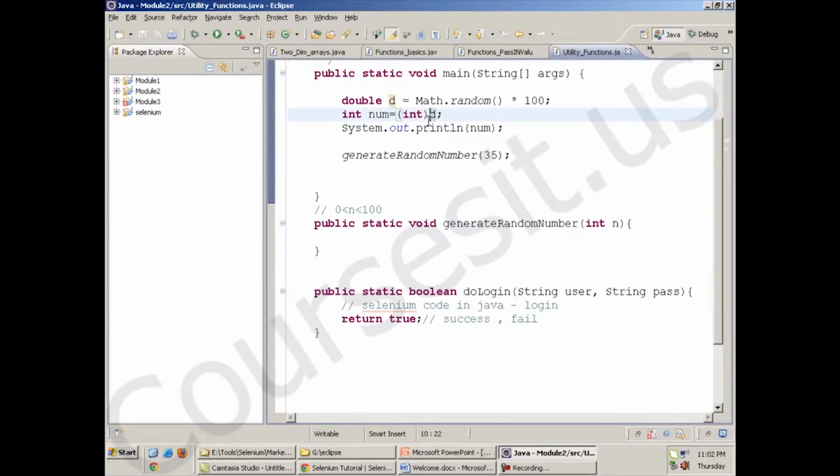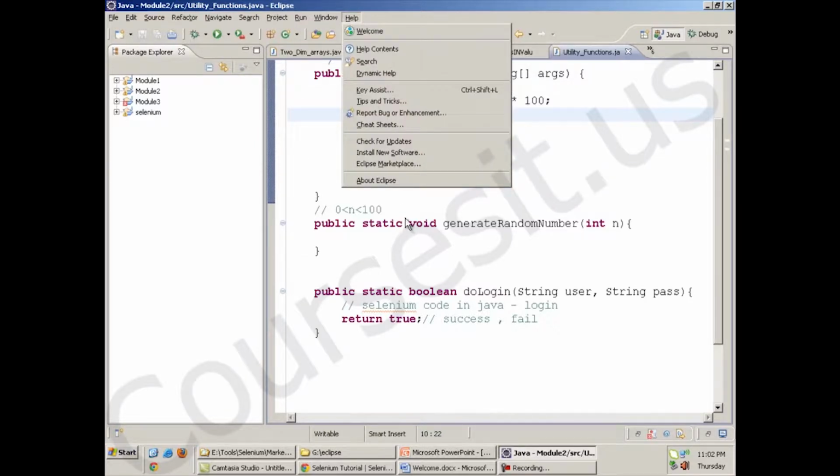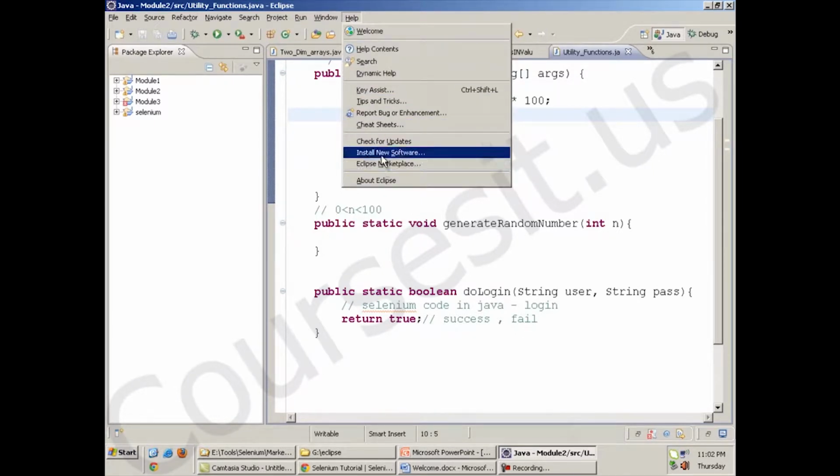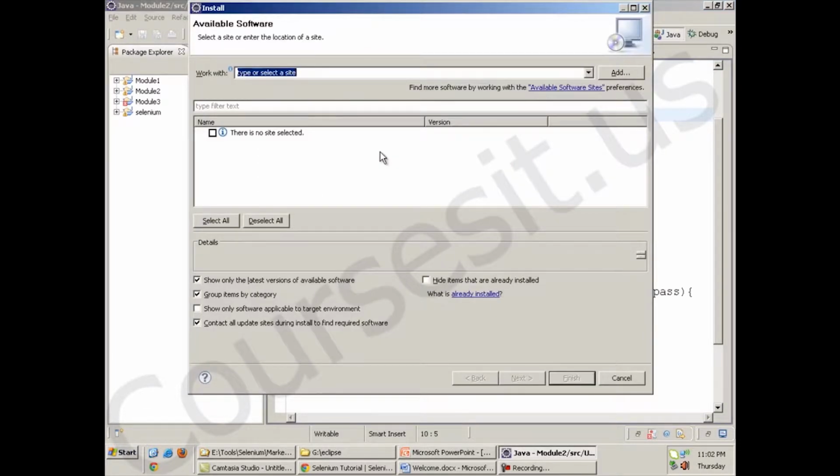The first thing which you need to do in your Eclipse, you need to install TestNG. Okay, for that you go to the help menu and go to install new software. You will get a window like this. Make sure you have the right version of Eclipse which I had mentioned in module number 1. Alright, out there